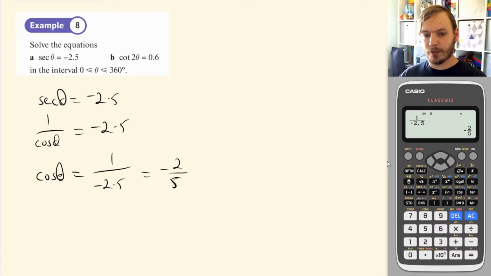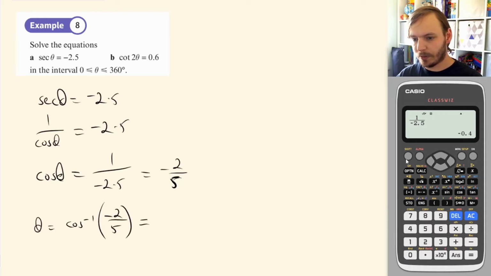It doesn't matter whether you can spot that in your head or need the calculator, it makes no odds at all, or negative 0.4 if you prefer. And now I just need to solve it. So theta equals the inverse cos of negative 2/5. So